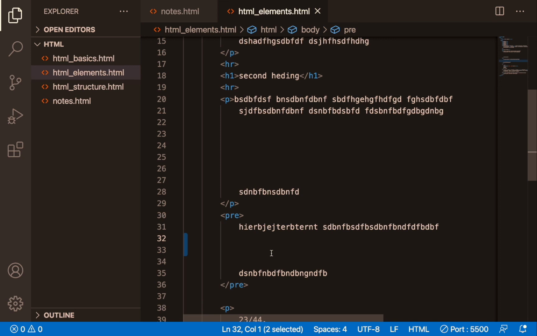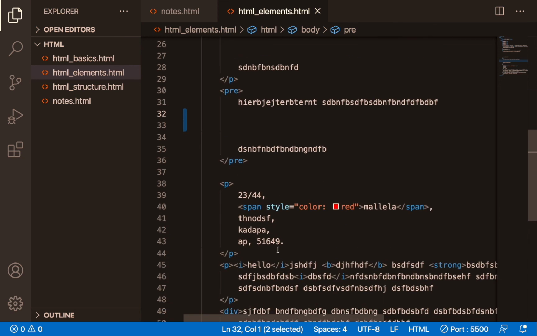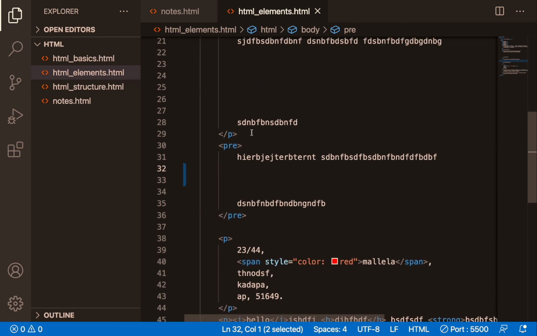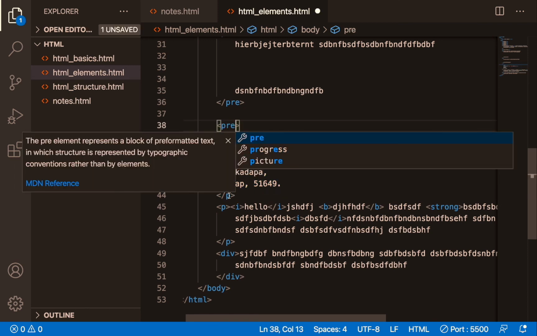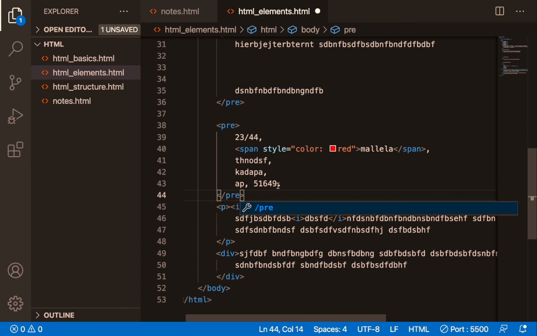The pre tag is mainly useful if you want to write an address or similar things, because it considers the spaces also. So for example, here you can use the pre tag instead of paragraph, and then this space will also come.